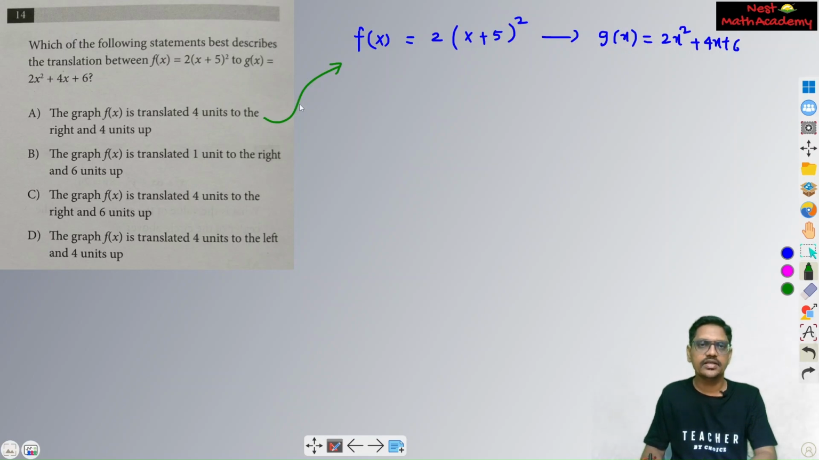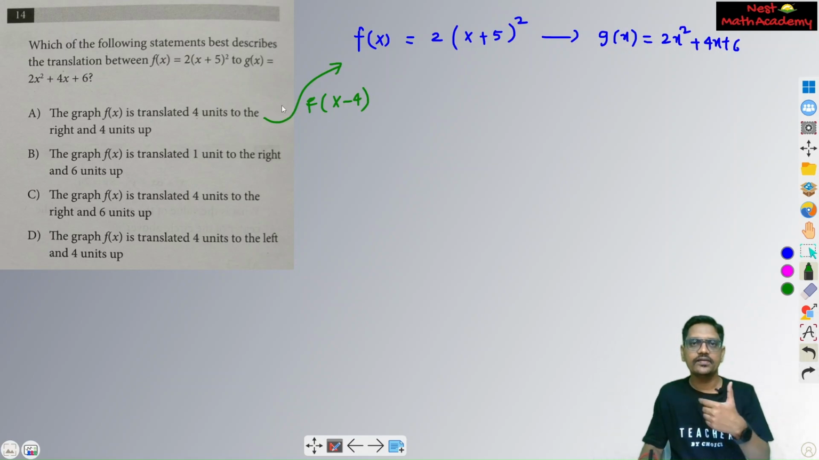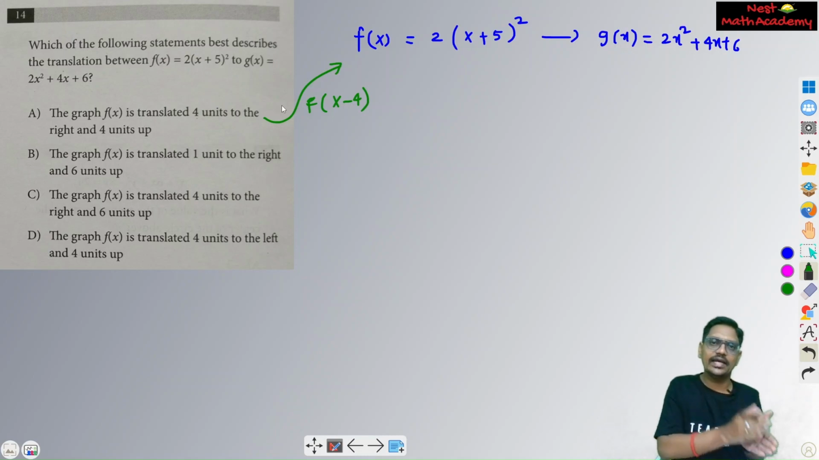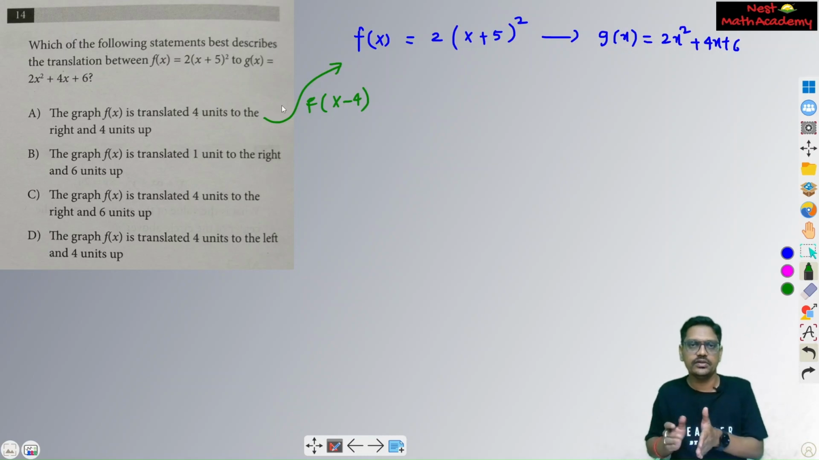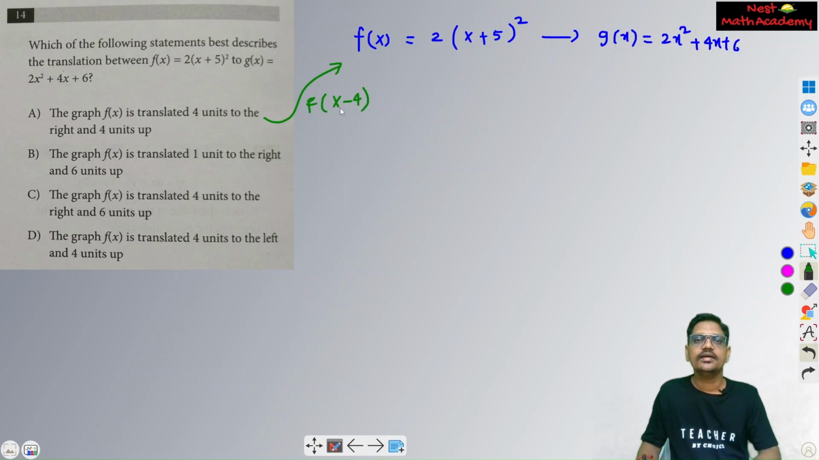When you translate something 4 units to the right, you need to replace x with x minus 4 in the function. I repeat, with input, the effect is always counterintuitive. If you move to the right, you replace with x minus 4. If you move to the left, you replace with x plus 4. In this case, you want to move 4 units to the right. Therefore, replace x with x minus 4. So the new function you will get